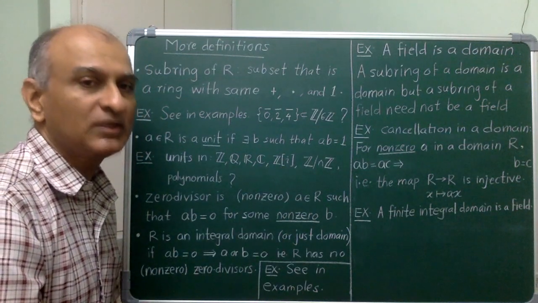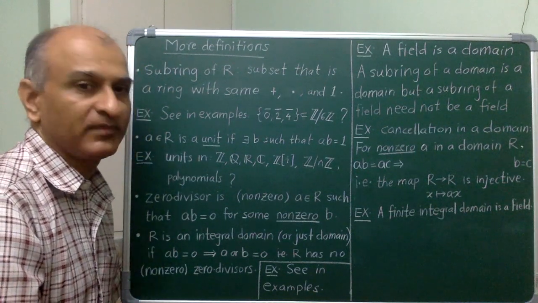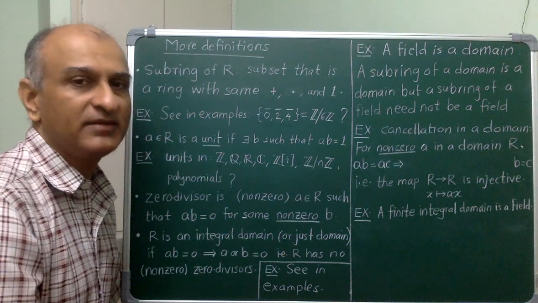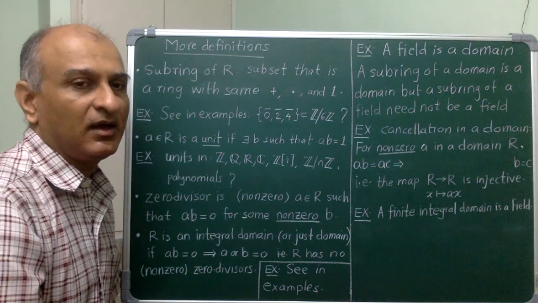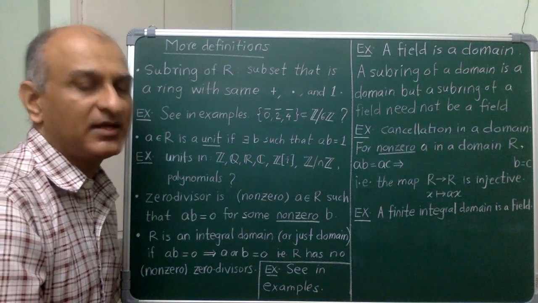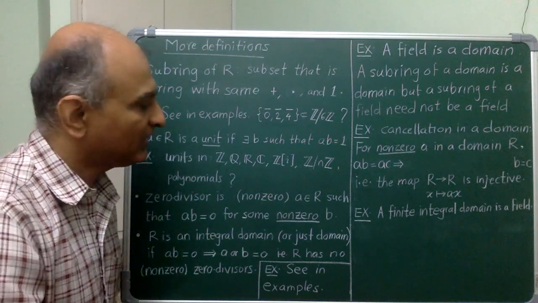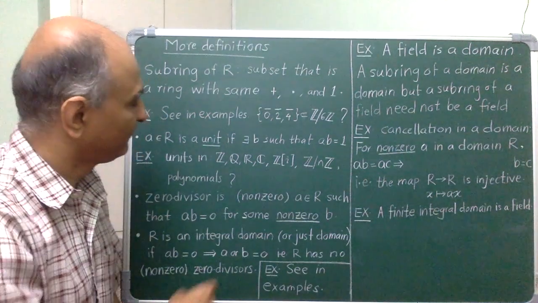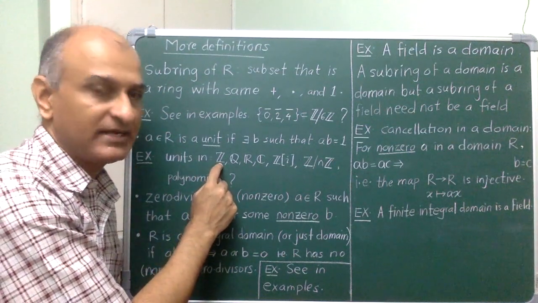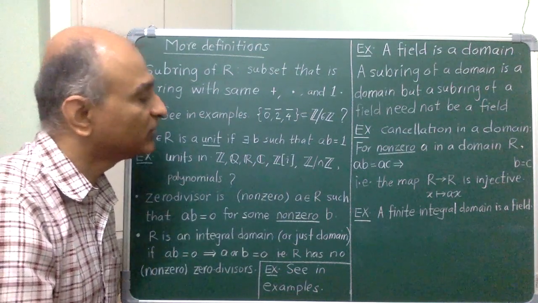To show that there are no other units, it's useful to consider the complex conjugate. So for complex numbers a and b, if a times b is 1, then immediately you get that a bar times b bar is also equal to 1. In other words, if a is a unit, then a times a bar is a positive integer that is a unit in Z, and so this then immediately allows you to conclude that there are only 4 units in the ring of Gaussian integers.